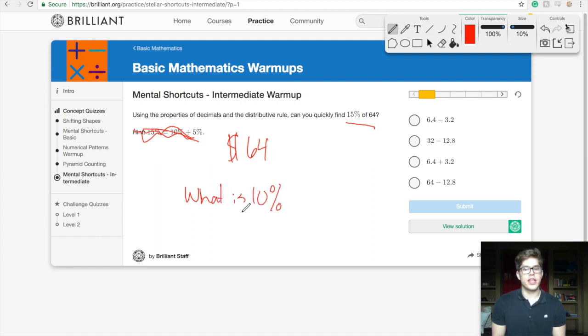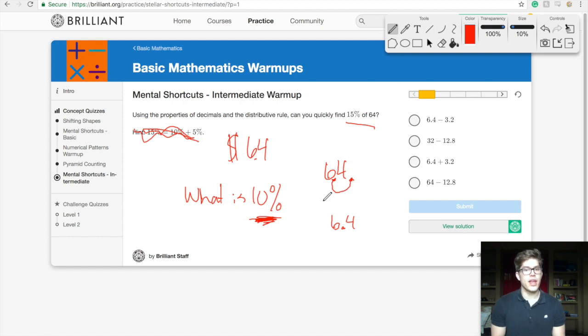And 10% is just plain and simple, it is a building block. If you can find 10%, then you can pretty much figure out any of the easy ones. And for 10%, all you have to do is move your decimal over. This is $64. You move your decimal over 1 point, and so 10% of 64 is 6.4, or $6.40 for